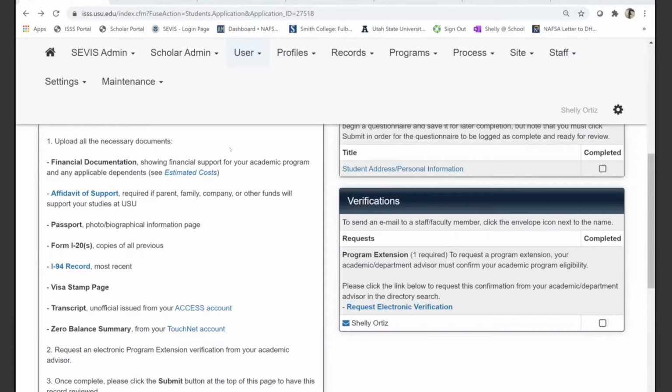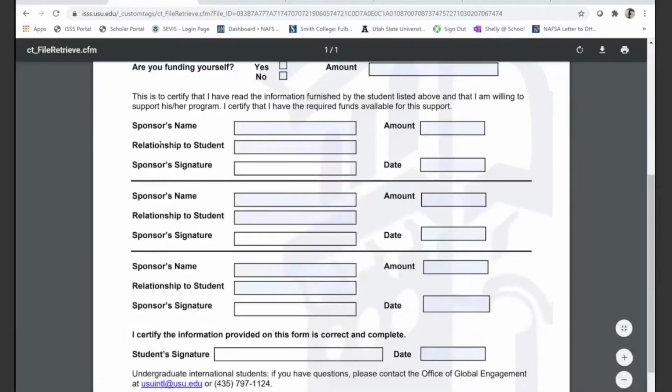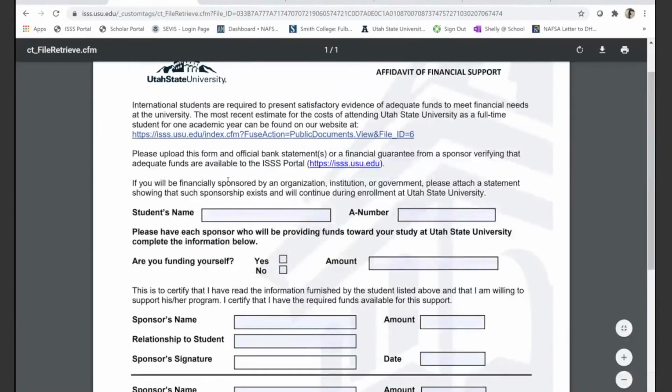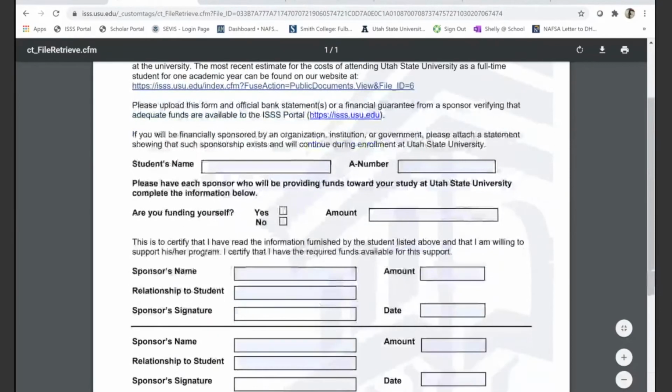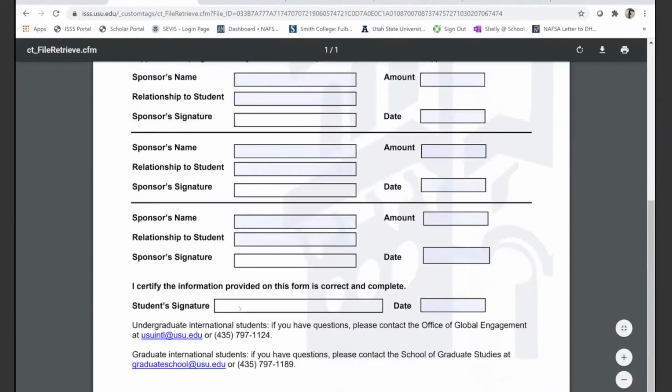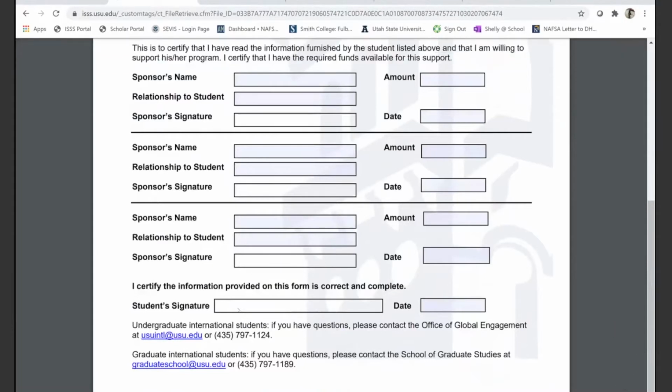So what should I do if my parents are paying for my expenses? Your parents or any other sponsor needs to complete the affidavit of support form. You can actually link to this right here from the form and access this form. On this form, you will complete this and have your sponsor indicate that they are providing funding and then sign saying that those funds that are shown on their bank account or statement with their name on it is dedicated to the use to support your program of study.